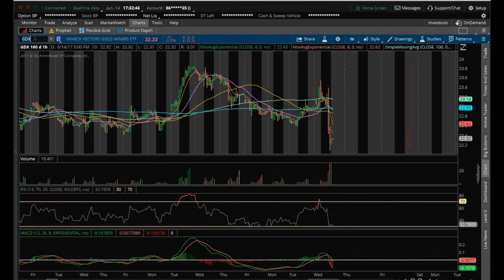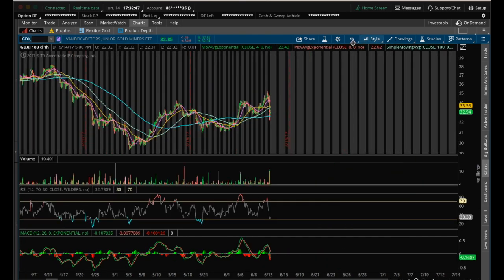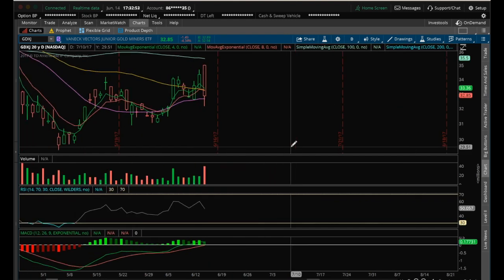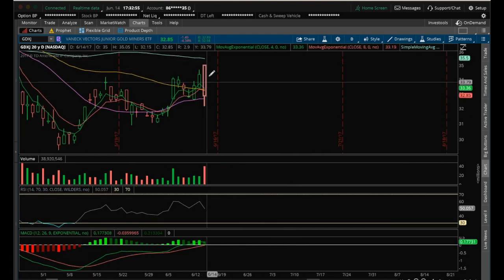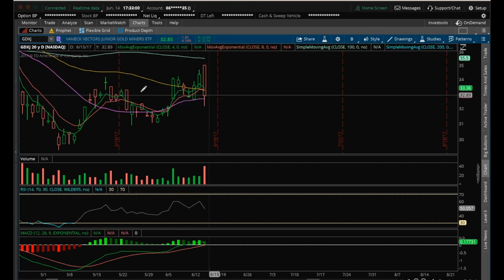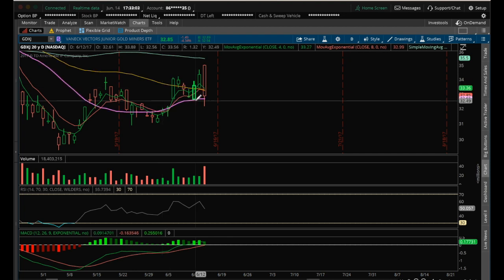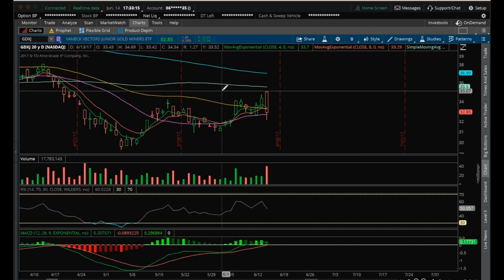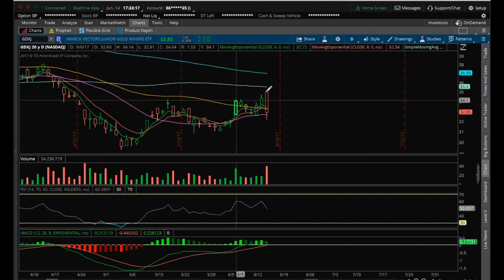And as far as the junior miners go, same thing. We have a big bearish candle here, back testing the 20 MA daily here. So we'll see if that holds. What I don't like is the fact that we broke below this recent low here of 32.56. We did close above it, and we saw some bulls buying of the dip. So we'll see if we can regain the 8 and 4 EMAs. Really looks like we've just been ranging here in the junior miners for the last few days,